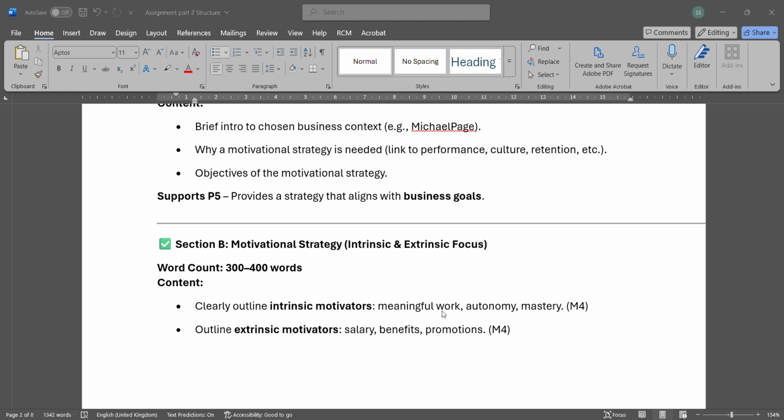Maybe in some work they have done loads of work and are doing repetitive tasks, and they are getting bored. If you change their work or give them more targets, then they become more motivated. And then maybe you're using some kind of appraisal. So these things motivate them internally. For extrinsic motivators, the external side, you are giving salary, benefits, and promotions.